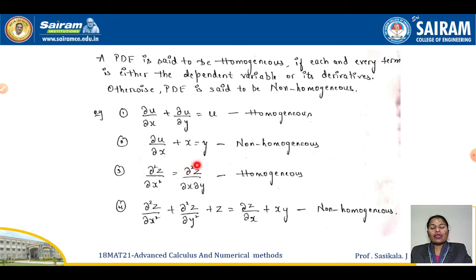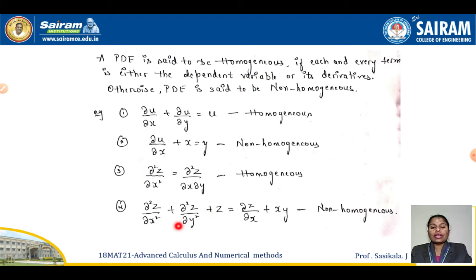Here you have more than one independent variable. In the ODE we have one independent variable, which is why it is mentioned as f of x. Here either x or y will be there on the right side of the equation. Now see the third one, dou squared z by dou x squared and dou squared z by dou x dou y. Both are PDE notations, which you can take to the left side, and I can write it equal to 0. It should be homogeneous, since there is no function or variable of the independent terms on the right side.